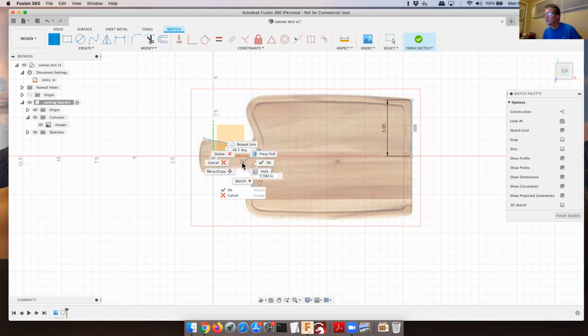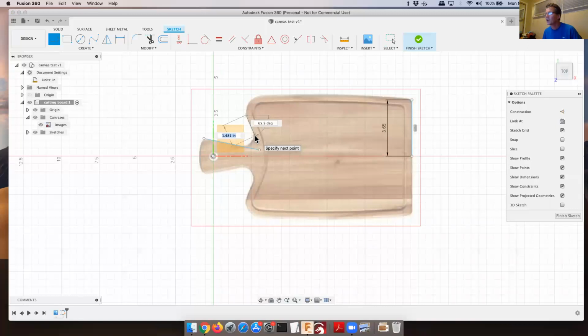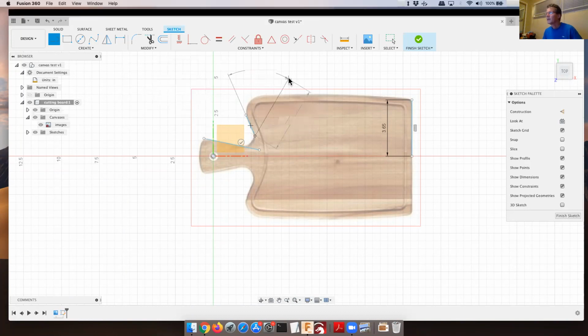And some of this, there's multiple ways to represent, to sketch, or to trace in curvatures like this. I like to use as many straight lines and arcs as I can. So here now what I'm going to do is